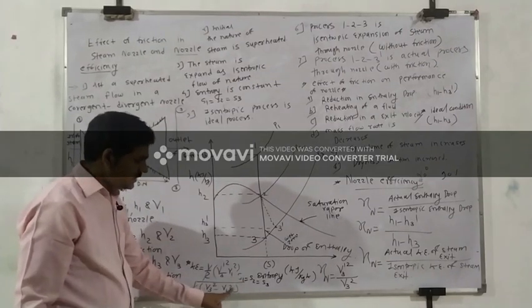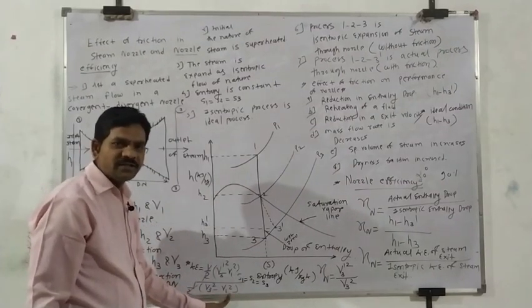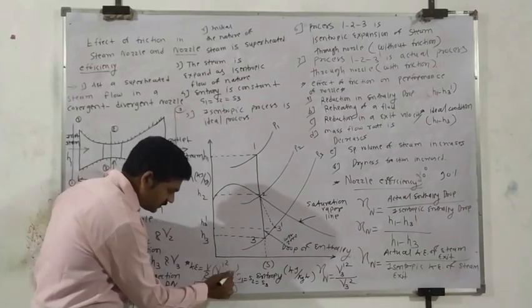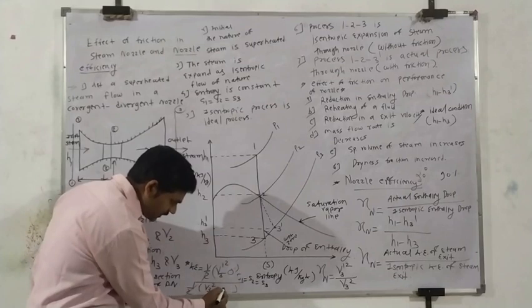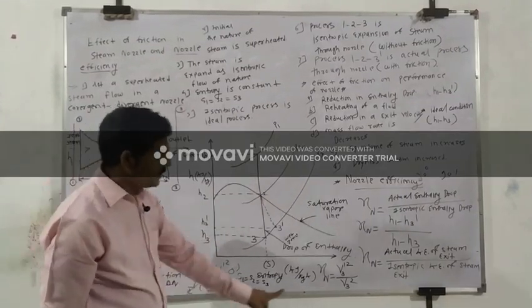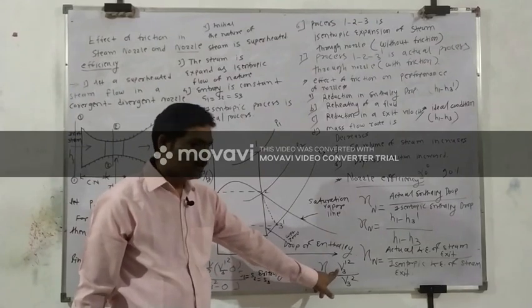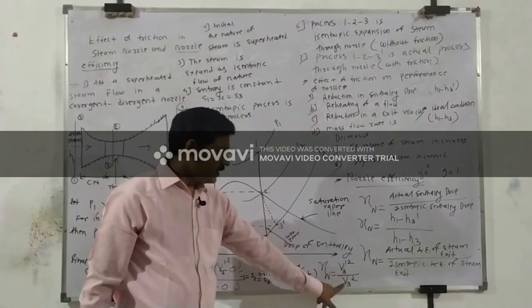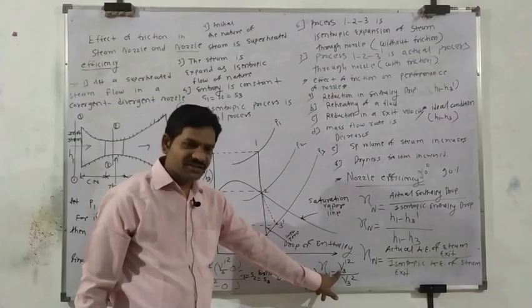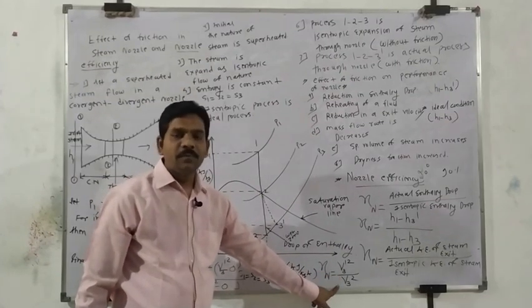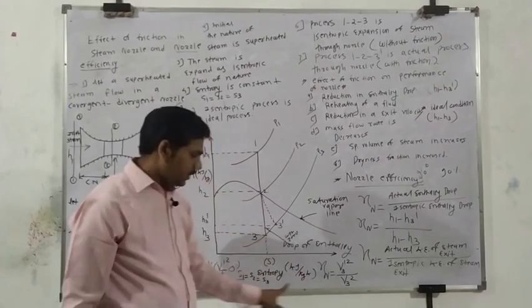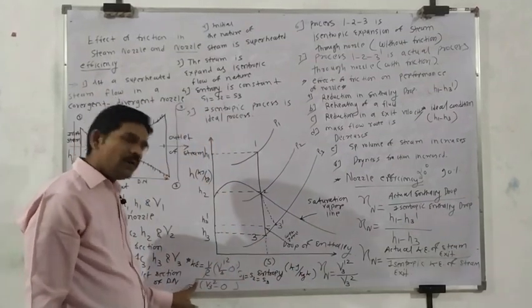And we know that initial velocity considered in nozzle is negligible. It is 0. So this V1 becomes 0. This V1 is also become 0. So what is remaining? V3 dash square upon V3 square. That's why I am write down directly here: V3 dash square upon V3 square. Actual kinetic energy of a steam exit upon isentropic kinetic energy of a steam exit from a nozzles. Do you got it from this equation? Yes or no? Yes. Okay.